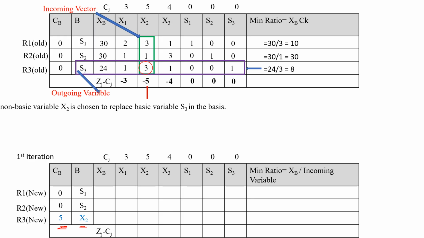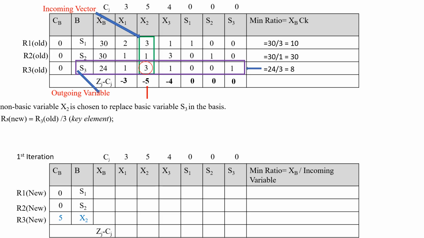So the key element is in the third row and x2 column. So in this position, the x2 column and third row, we have to get the value 1, and in the remaining positions the value should be 0. So for this we have to do the following row operations. That is, the first row operation is